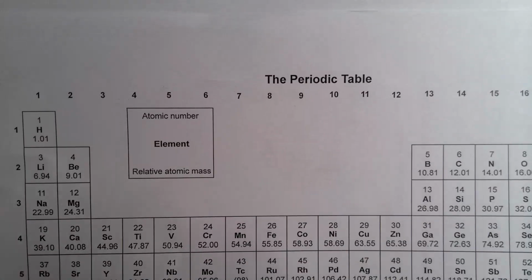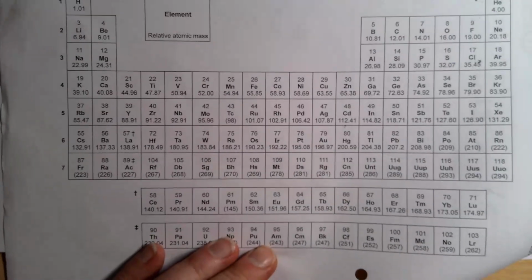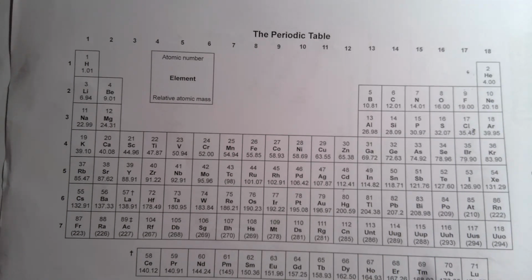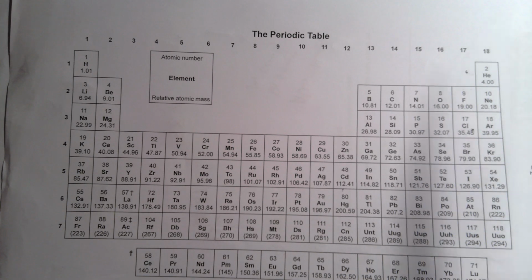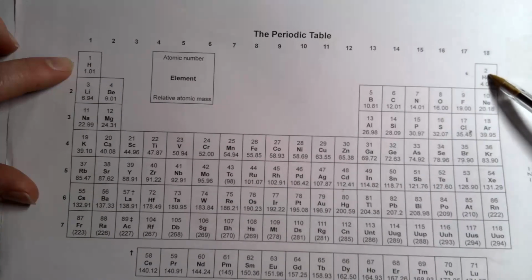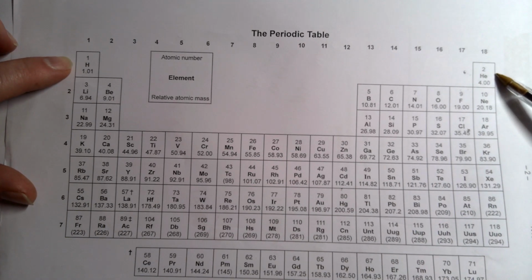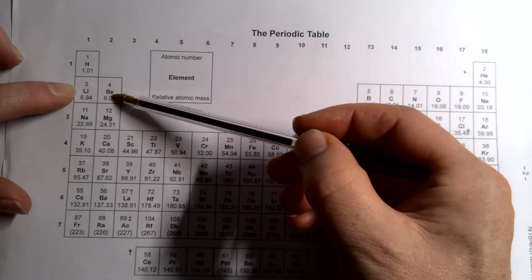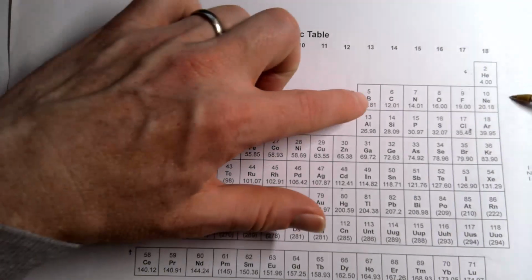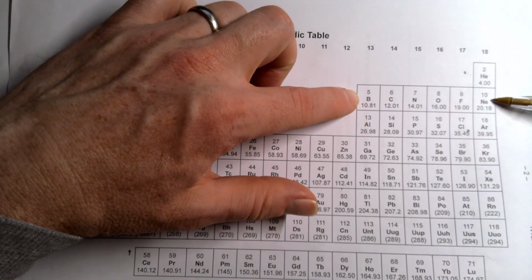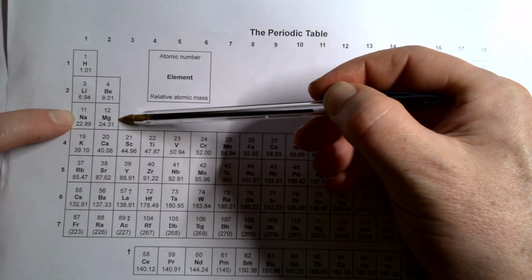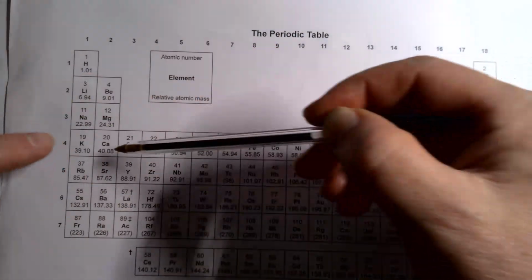You're trying to remember the order of filling of the orbitals in electronic configuration. Just look at your periodic table. The first row, the first shell only has a 1s subshell, no other subshells. So it's 1s. Then 2s, which holds 2, 2p, which holds 6 in total. Then 3s is the next subshell, 3p, 4s,